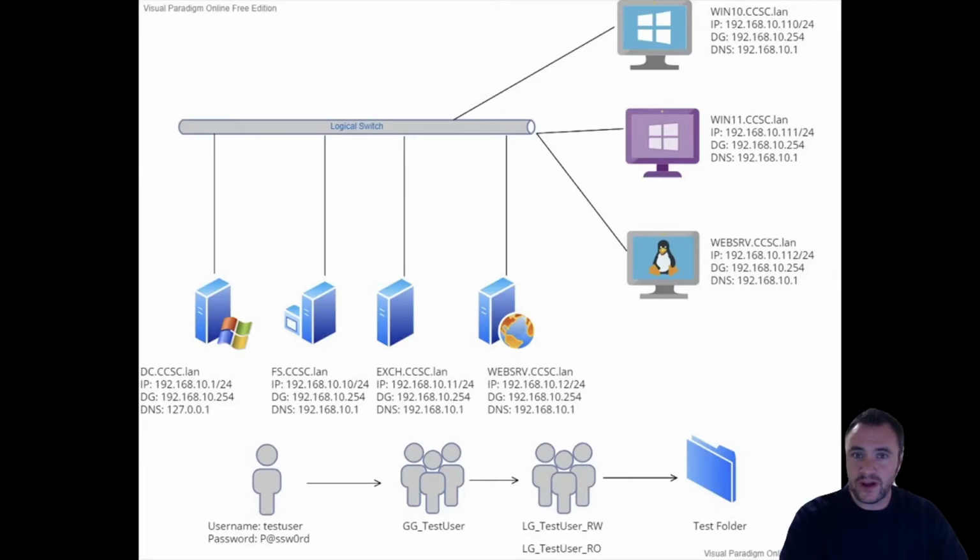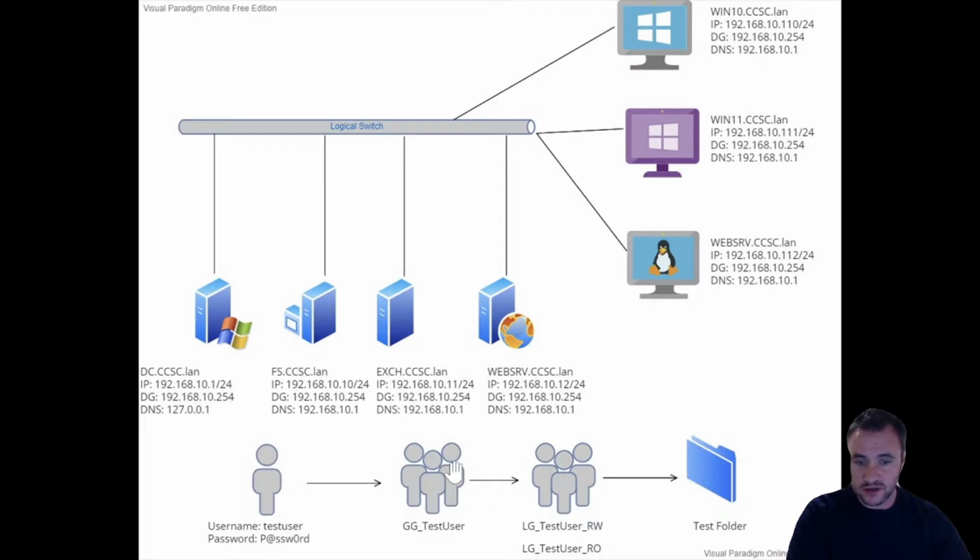Hey everyone, so following on from our domain controller video, we're going to get straight into building the file server. So we can see it within the diagram here. It's 192.168.10.10, with the default gateway and DNS server of the domain controller. We're going to build it, join it to the domain, set the IP address and host name just before we do that, and then set up a folder structure, share it, set permissions,